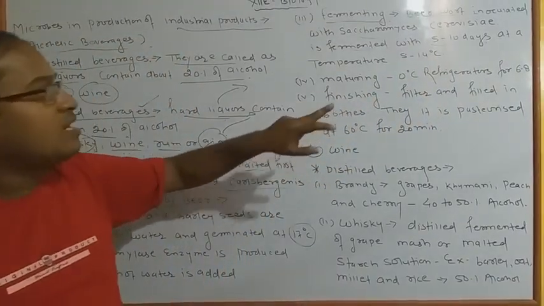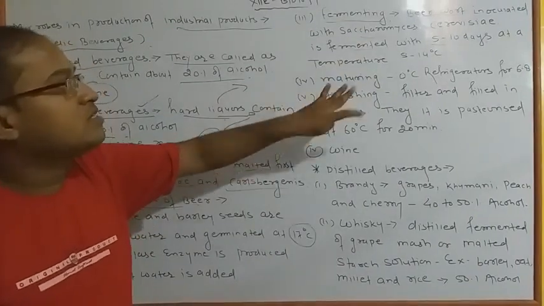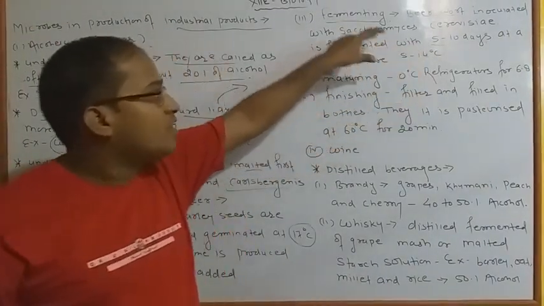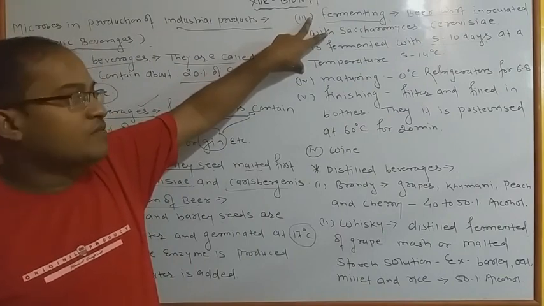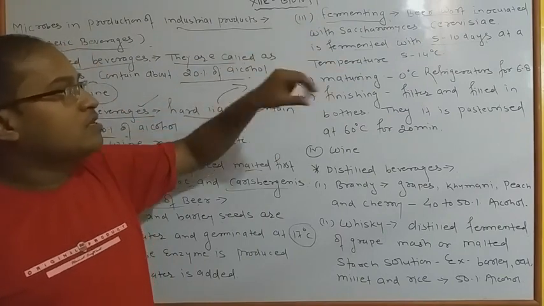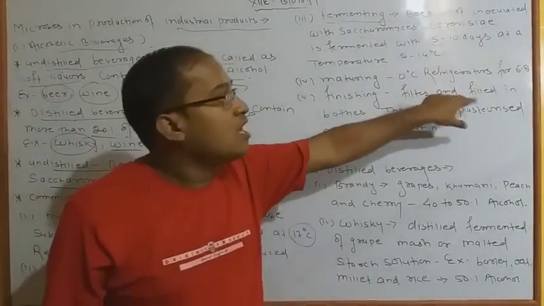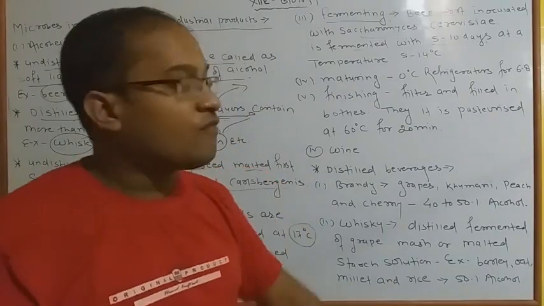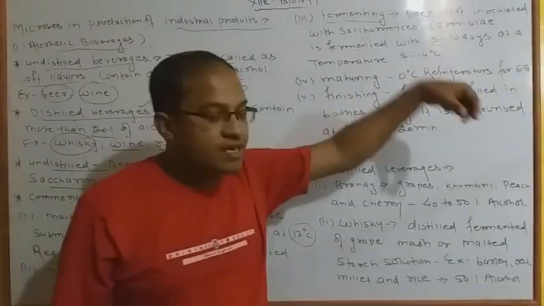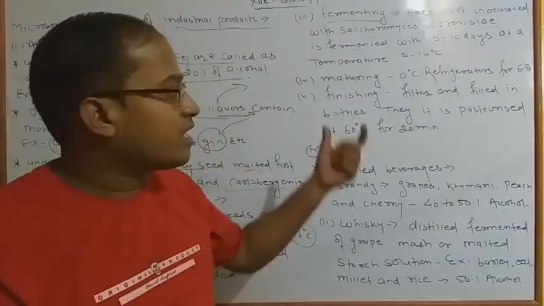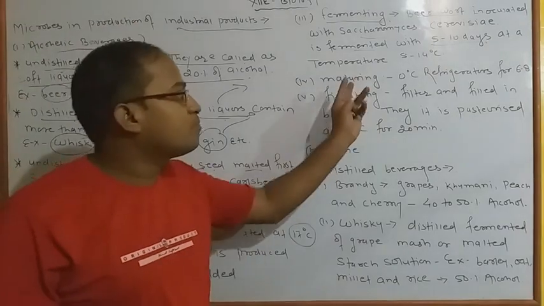Okay, now second, when all these processes are done, the fourth process is maturing, which is done after the fermentation process, which we obtained by the use of several types of microbes. We generally keep the beer in refrigerators at 0 degrees Celsius for 6 to 8 months. By this, a proper and very odorous fragrance comes into the beer.